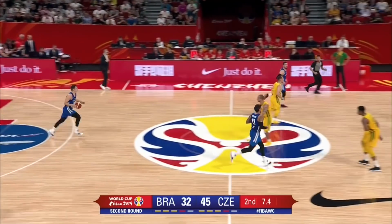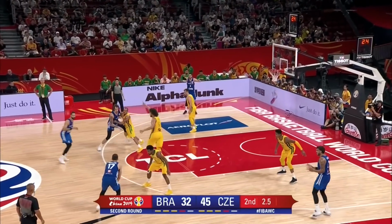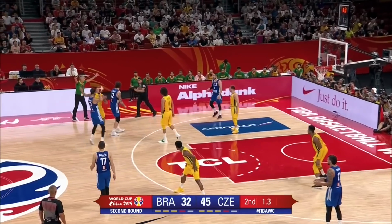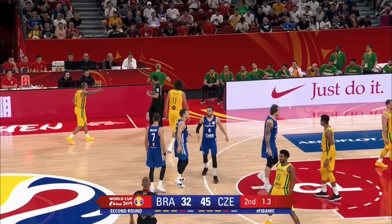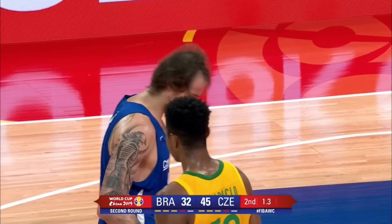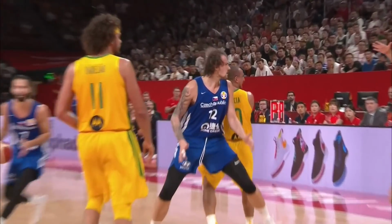9 seconds to advance the ball for Czech Republic and trying to create a good shot. They'll hatch it. Blocking foul. Contact. Oh, the far side away from the ball. Alex and Balvin. Balvin a little lucky. It looked like Alex was trying to get over and there was a moving screen. Can we see it here? Oh no, maybe not. Alex perhaps just grabbing Balvin. I think saw it and expressing his emotion at the call because he sends Balvin to the line to shoot a